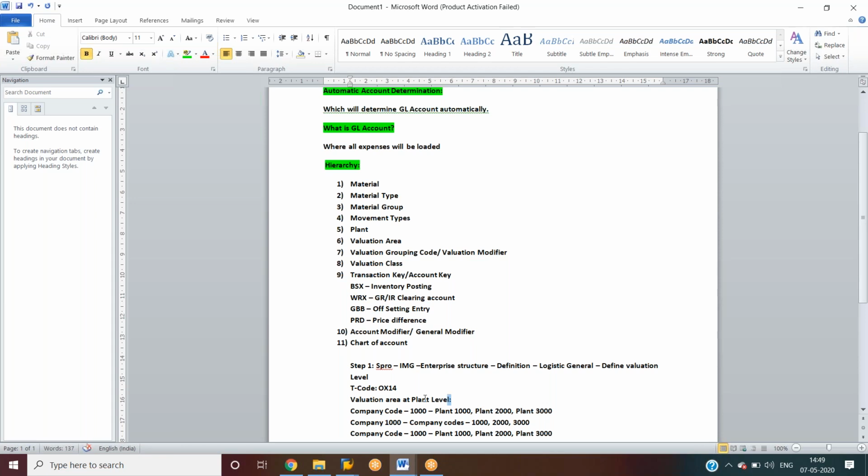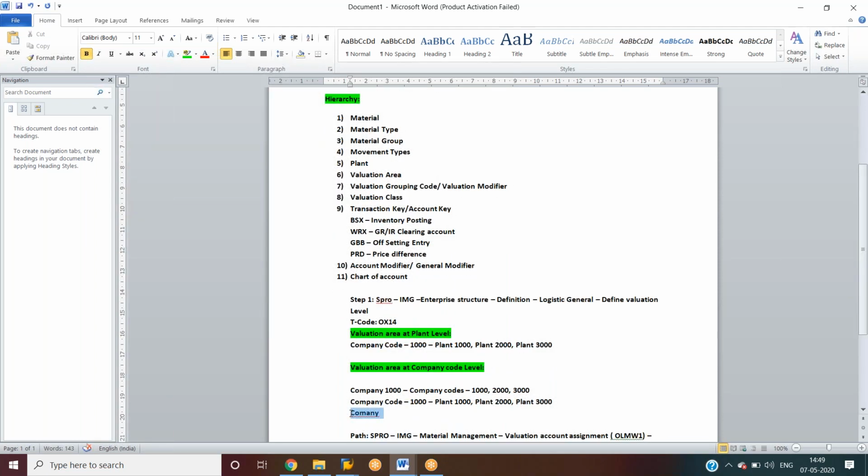This is the valuation level at plant level, and this is company code level. So we have one company, and under that company codes 1000, 2000, 3000.